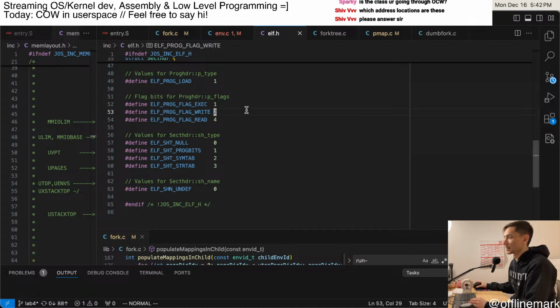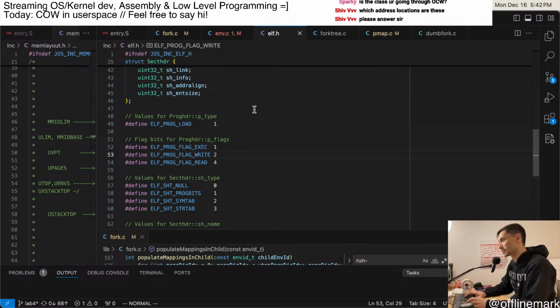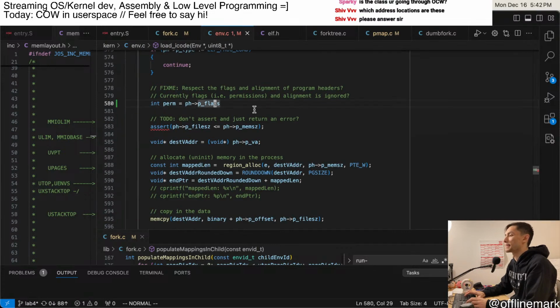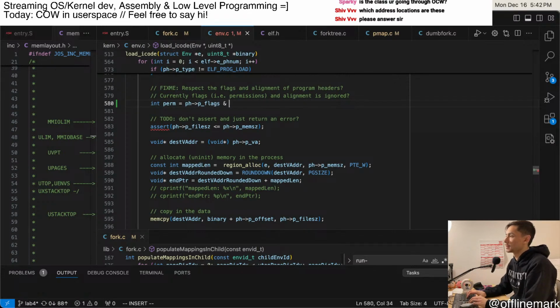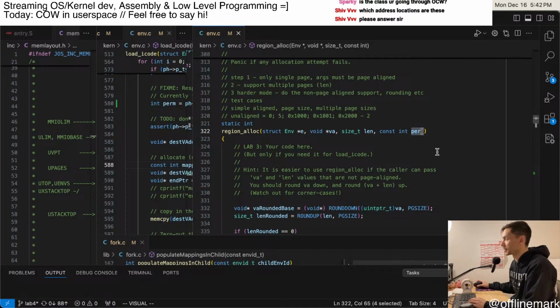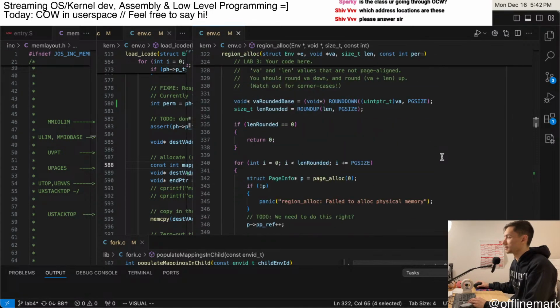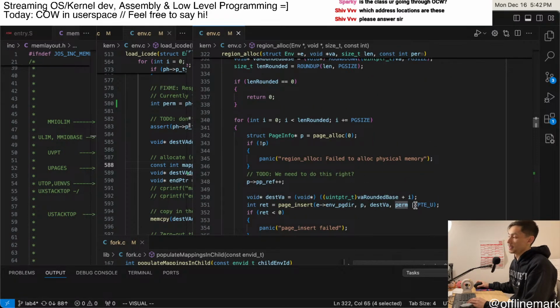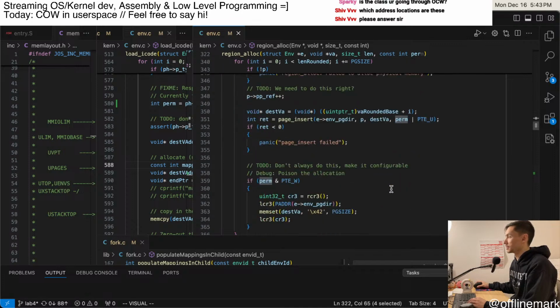Elf prog flag, right. If it is, then it's PTE write, PTE read. Or no, it's just... and region alloc does what? Takes the perm,